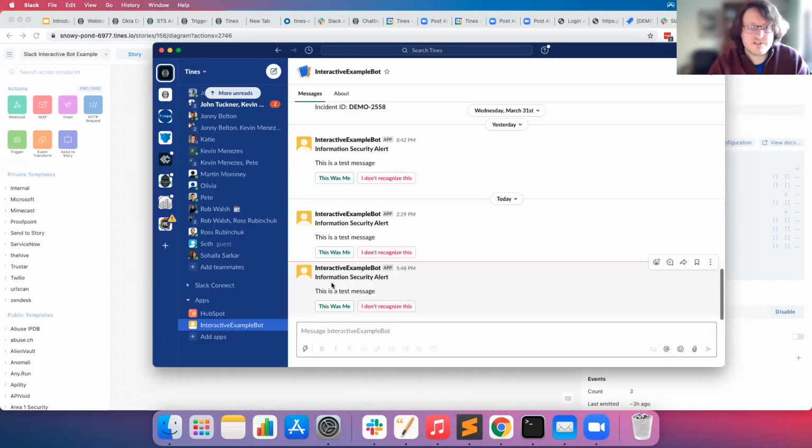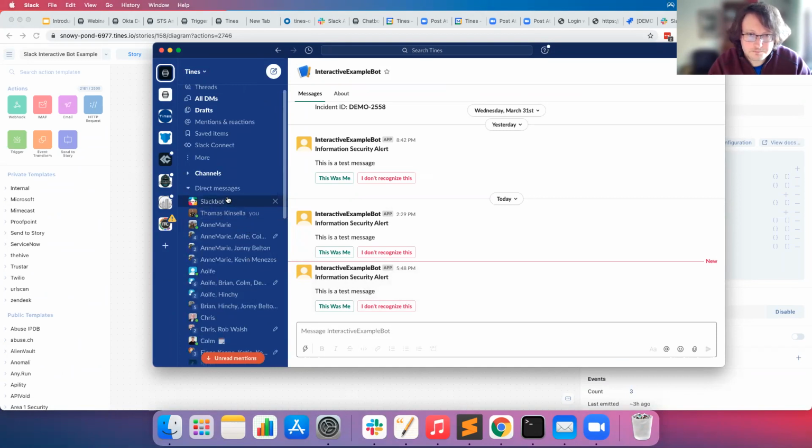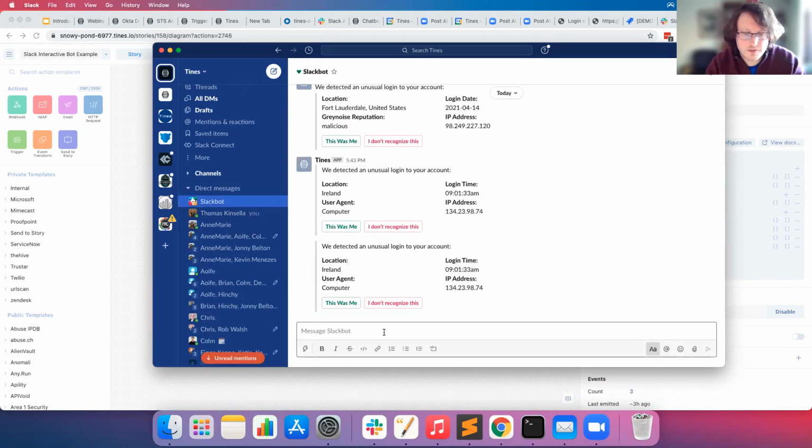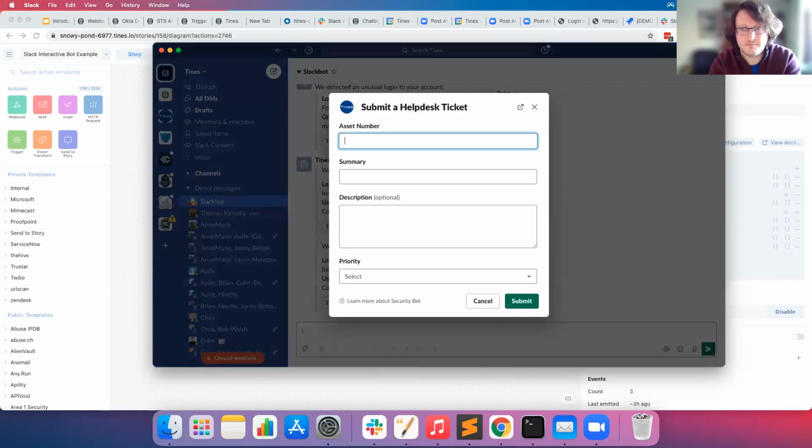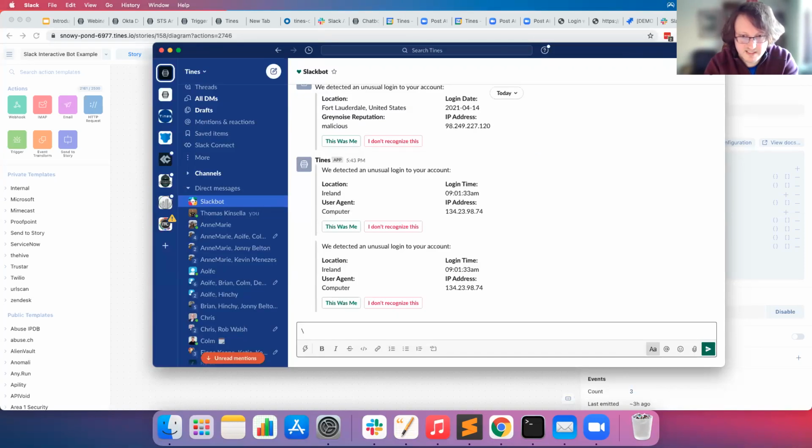That's one example of those really powerful pop-ups that are quite useful. The other thing you can do is use Tines to process what are known as slash commands. Again, this is the sort of thing that a bot can do really easily. But when you're in Slack, you may want to analyze an IP or analyze a domain or analyze a URL or something like that, or isolate a user. A lot of the time, you'll see this in a lot of tools. They've got these slash commands where maybe it's something like GSD help, and it will pop up a box asking you for help. Or maybe it's analyze a domain